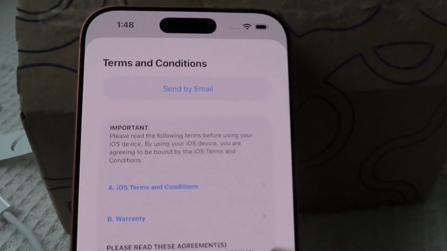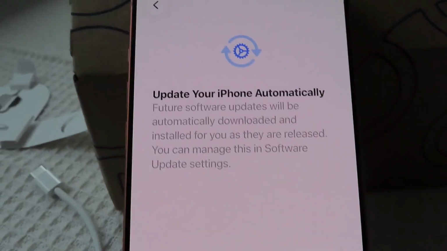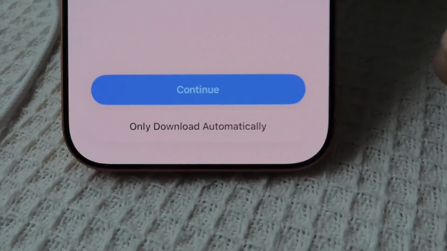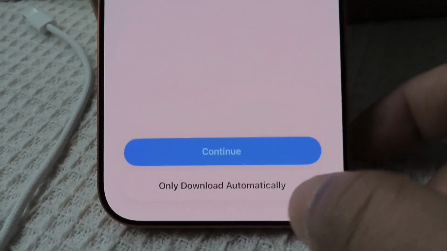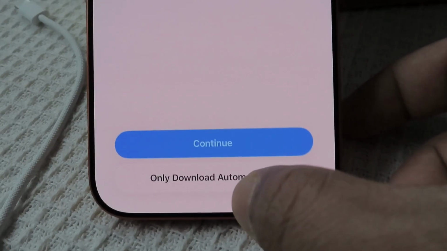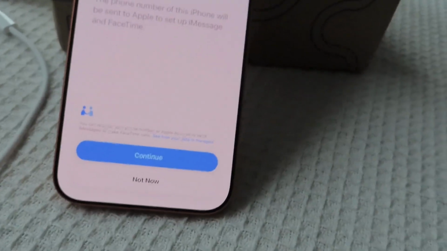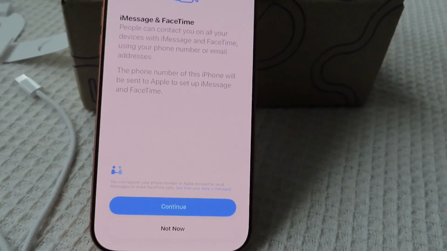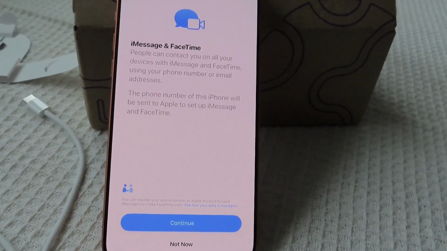Now the terms and conditions. Click on agree, otherwise you have no other options. Update your iPhone automatically. So here you have two options. Continue means updating your phone automatically, or you can choose to only download automatically. Why would you choose this option? It is because every time there is a new update, you should first research and see if that update